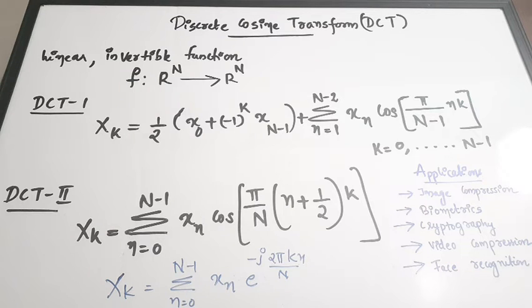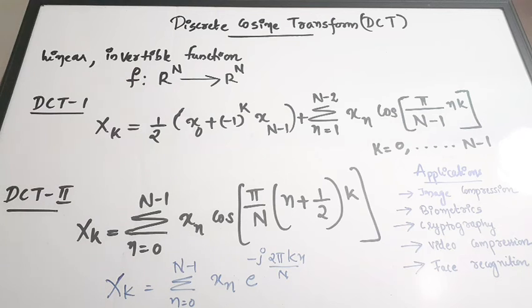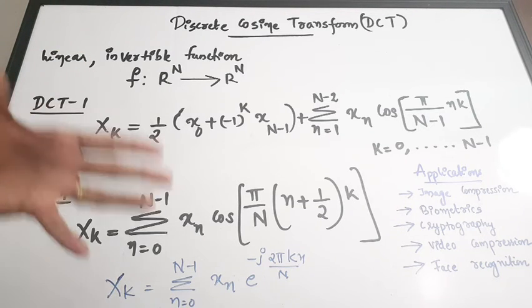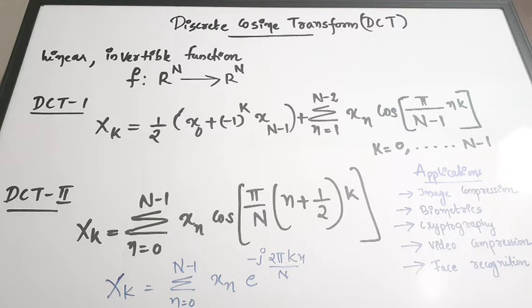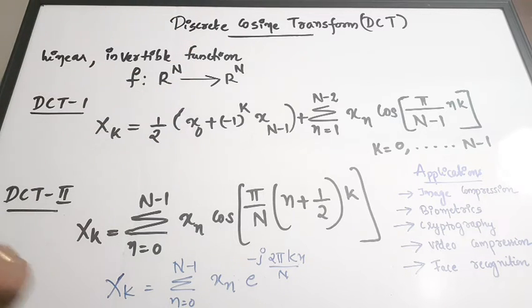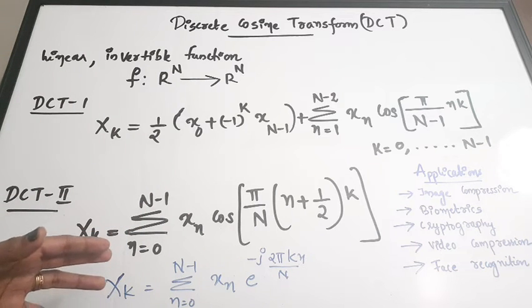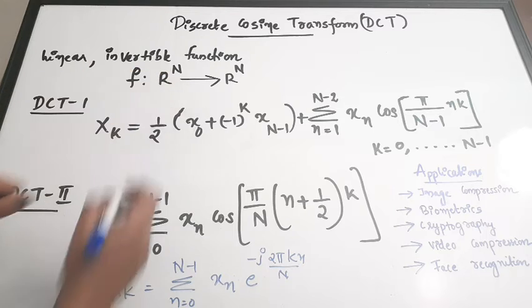Okay. Actually, I have searched for a lot of videos on DCT on YouTube, but I couldn't really find a video which could explain it to me completely. That's why I'm making this video for you. Okay. So R^n to R^n. Now, why are we taking this n? Just like DFT, DCT is a transform. Discrete cosine transform and discrete Fourier transform are both transforms. Just like DFT, DCT is a discrete transform. Discrete means it is defined only for a finite length of data sequence. So that length we are taking as n.